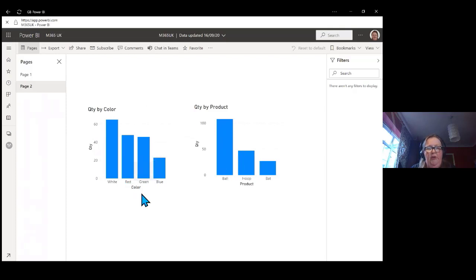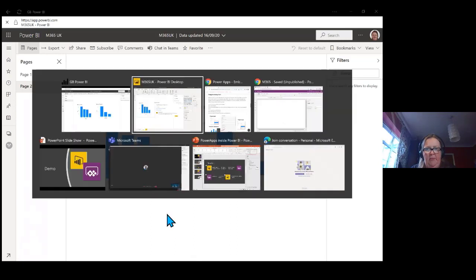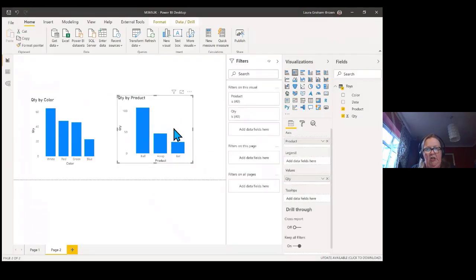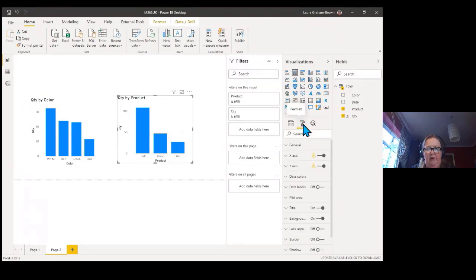Okay, so what I'm going to do, and I've just realized what I have got wrong. My apologies. I'm just going to go back and change one thing and then republish it. I'm going to take that chart there, and I'm going to change something on it. So I'm going to do some formatting, and I'm going to go to the title, and I'm going to put in product sales. So I've updated the title,